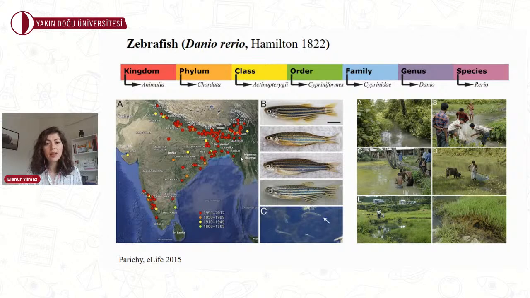The zebrafish is about 2.5 to 4 centimeters long, and in its larval stages, it is transparent. And as it matures to an adult, it develops stripes, as you can see here, along their body, in blue color. And as you can imagine, this is why this fish is called zebrafish.